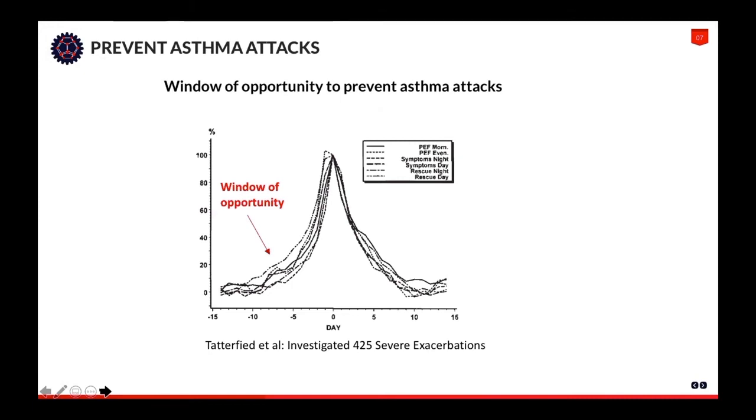So on the basis of previous medical study, there was an extensive study looking at over 400 severe exacerbations, asthma attacks. And what this graph shows is you can see that at day 0, when the asthma attacks actually occur, there's a phenomenal change in the person's health. And what we can see here, if we go to the previous 5 to 10 days, there are changes in